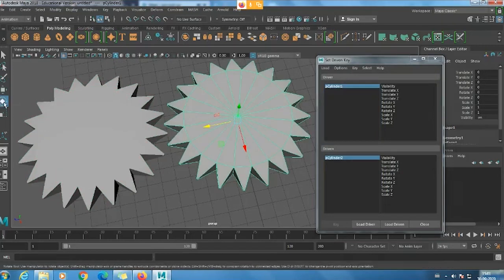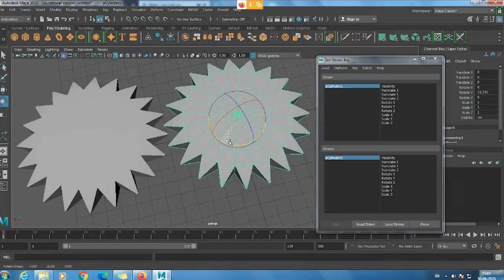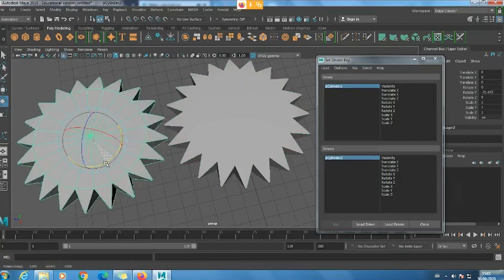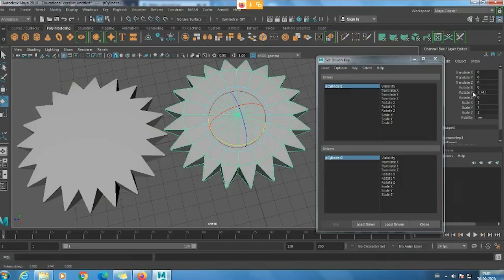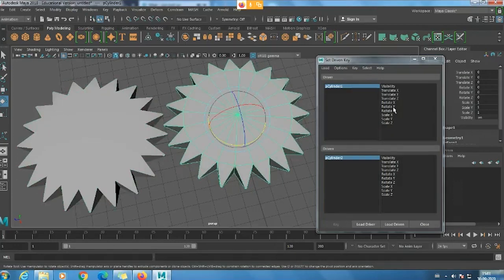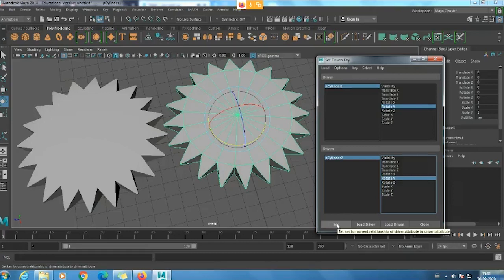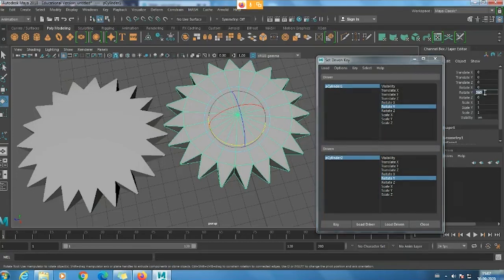So now, as I said, when I just rotate this object in the Y axis, this should also rotate in the Y axis, but it should be in minus value, right? So in that case, first add a key by selecting the axis. So right now you can see when I just rotate, it is rotating in the Y axis, and so is this object. So for both, you have to add the key on Rotate Y, without giving any values, just with the 0 value. Once the key is added, again select this parent object, Rotate Y. Here you mention 360 degrees.